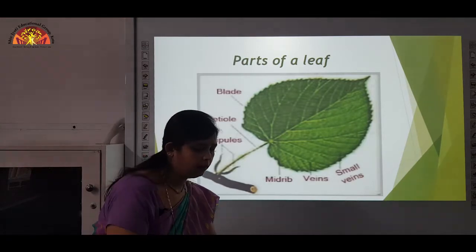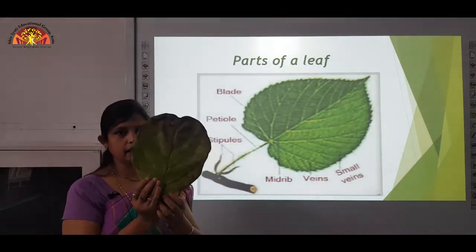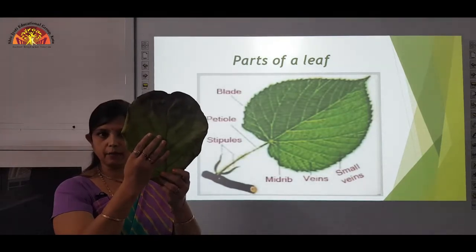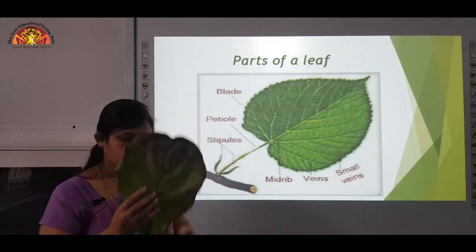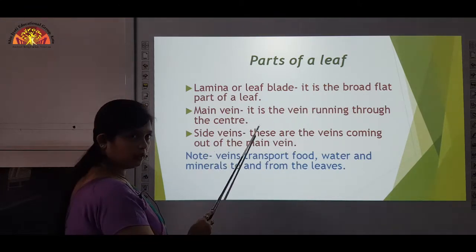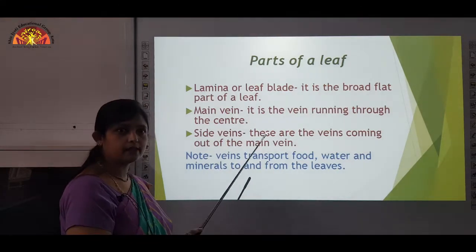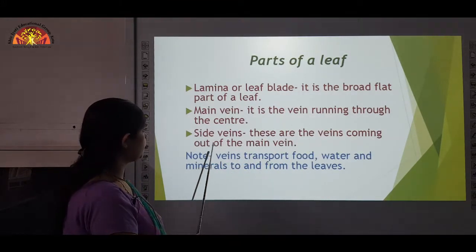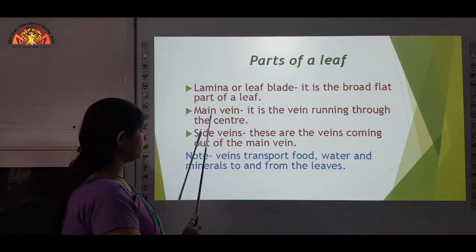In this leaf also you can see that this complete part is called the leaf lamina or leaf blade. Now there is a vein running through the center of the leaf. This vein is called the main vein and then there are small veins coming out from the main vein which are called